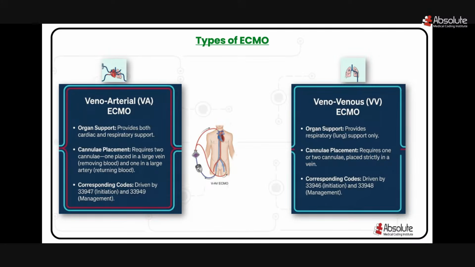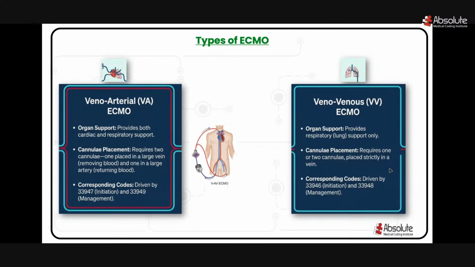Now let's look into the second type of ECMO device. This is called venous ECMO, right? So imagine a patient whose lungs have failed, but the heart still continues to function normally. And in this case, we only need to support the lungs, right? Because the heart is functioning normally. So in this situation, we use the venous ECMO, and depending upon the requirements, mostly patients require one or two